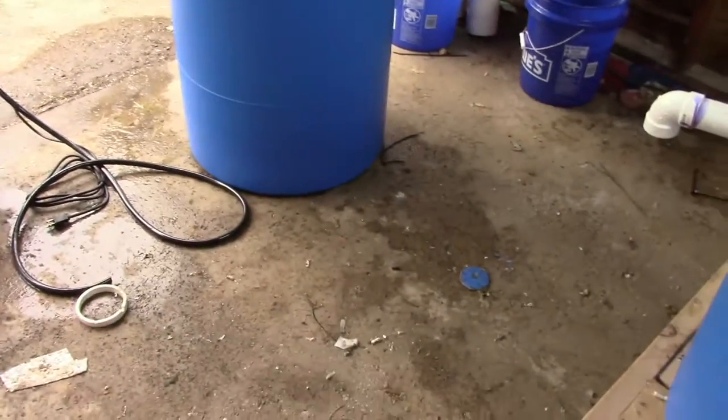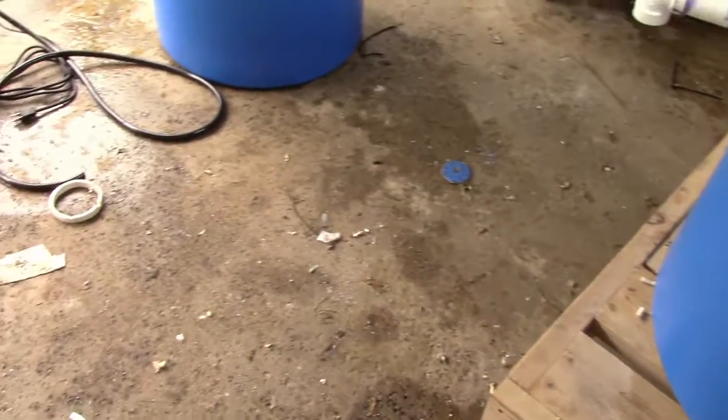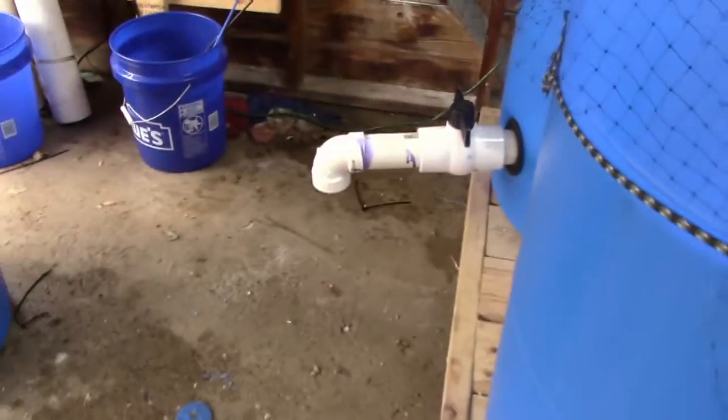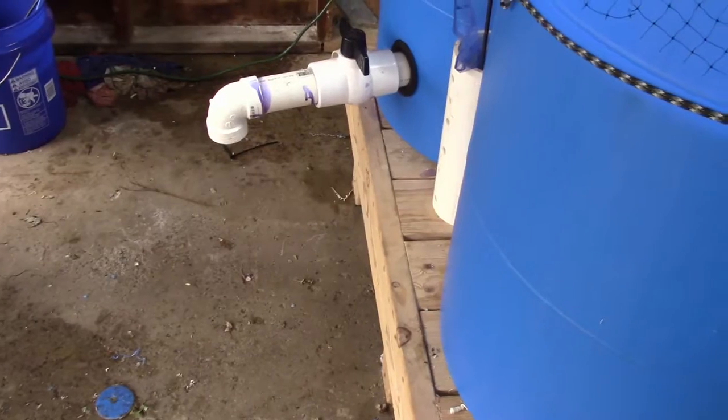So I now have more than 5 foot. It's not quite 6 foot of room between here and the back wall. So I will easily be able to get through and put the IBC in here without any real problem. I do have that sticking out, which is a consideration I need to deal with. However, that's also relatively easy to rectify,